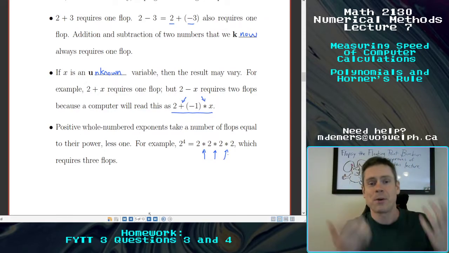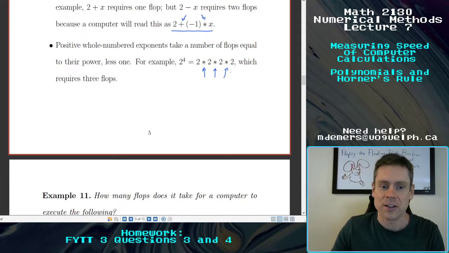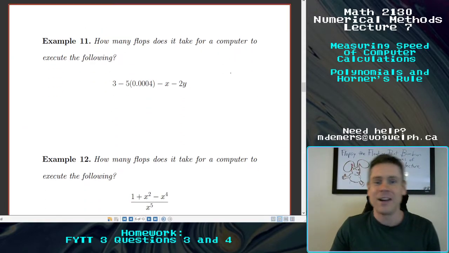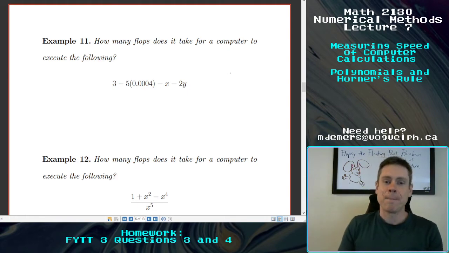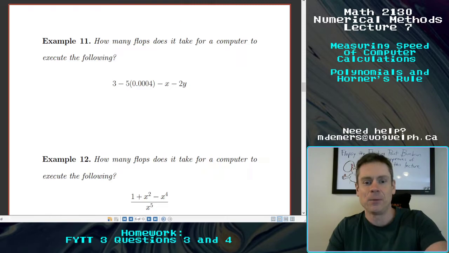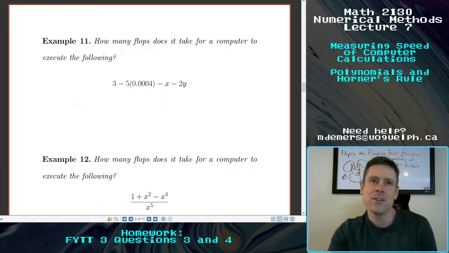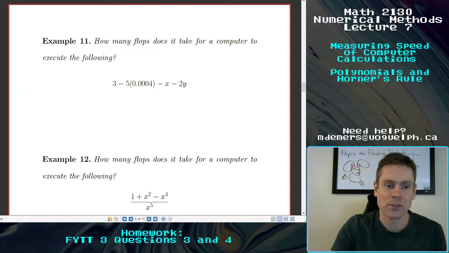The total number of flops for an expression is going to govern the speed at which that calculation is carried out. So we have some simple counting exercises, but it's always very funny to see how these turn out. I would say that to get this right, it's very helpful to take a moment and rewrite the expression out in terms of how we know these floating point operations to work. So first,